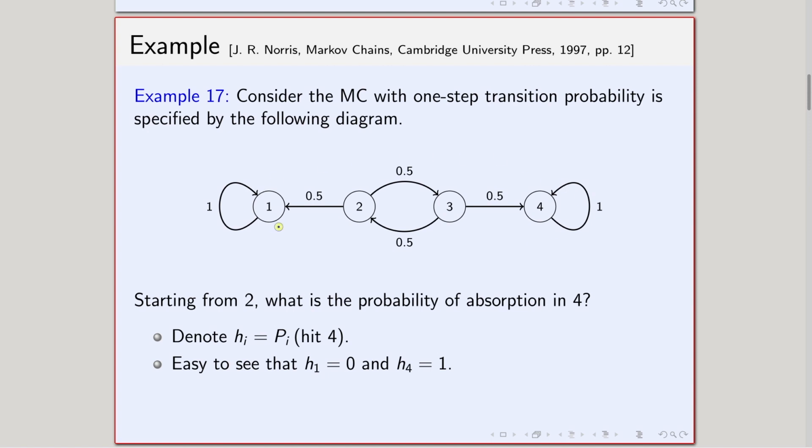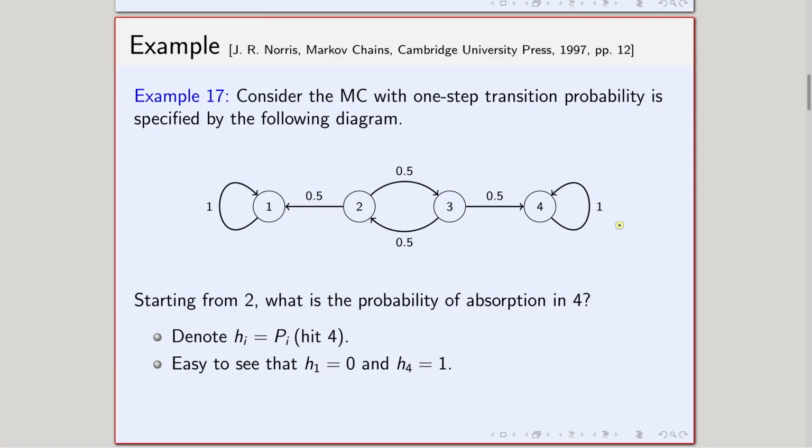So earlier we have seen that if I am given a one step transition probability matrix, I can draw a graph corresponding to that matrix. The idea was that nodes are states, and a directed edge signifies that I can move from a particular state to another state in one step with some positive probability.